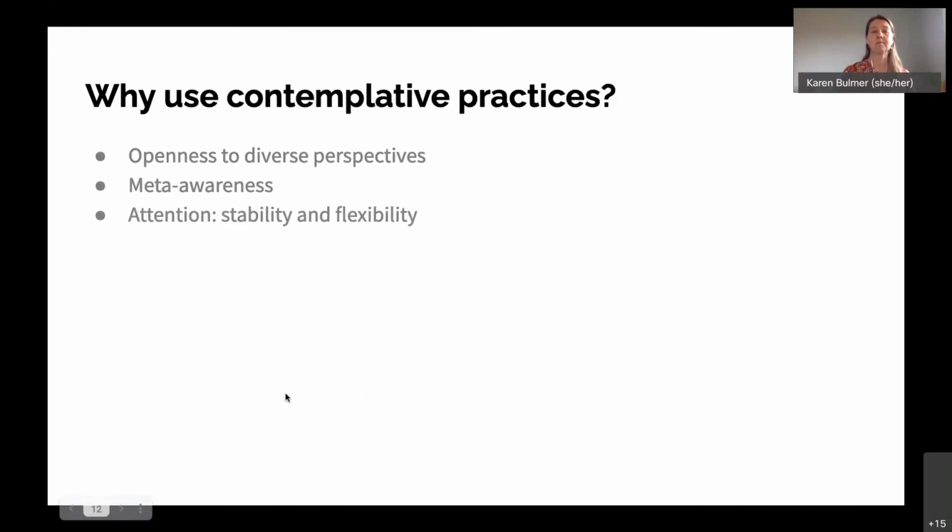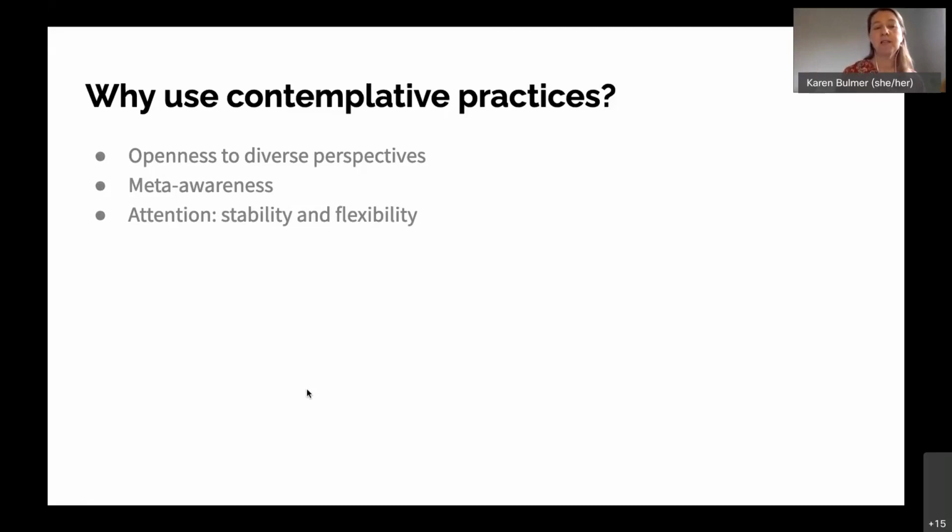Lots of contemplative practices develop intentional stability and or flexibility. So the one that we just did, the reading, where I asked you to try to keep your mind with the text, is looking at attentional stability. You would need to do a lot of that type of practice to see a noticeable difference in attentional stability, but that's a pretty valuable skill.